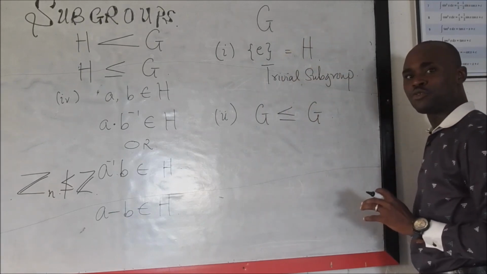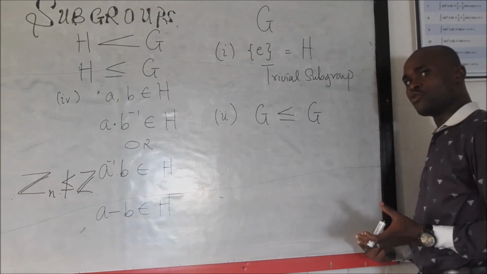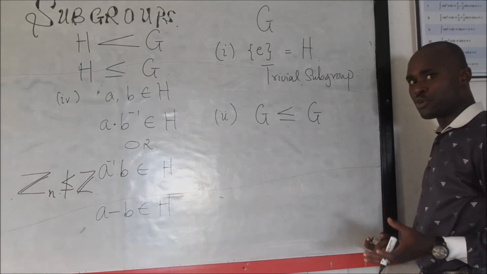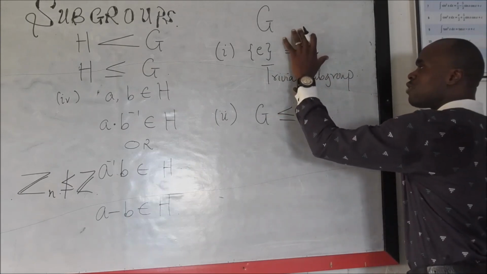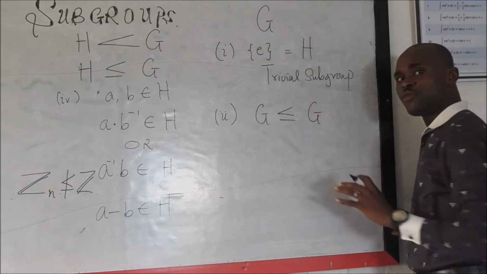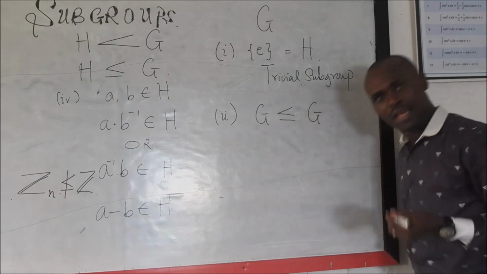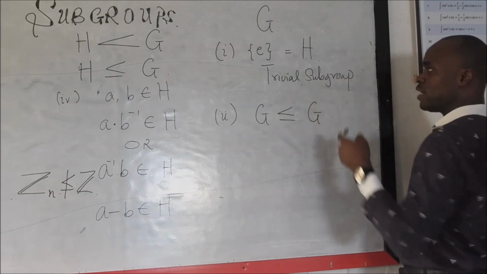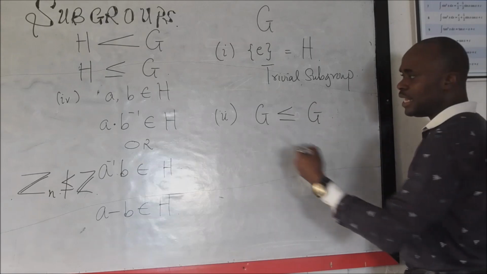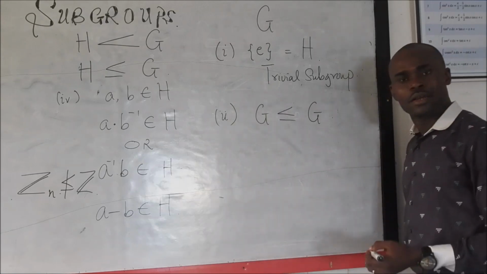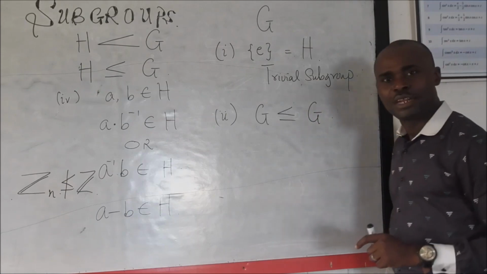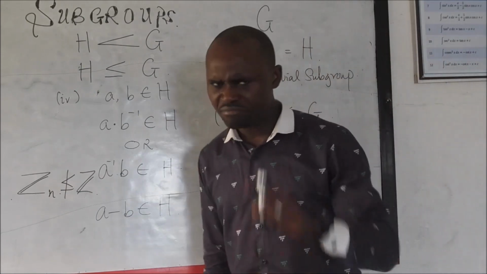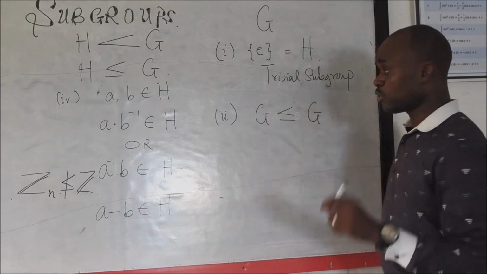But those are not the only two subgroups. In some cases, they may be the only two subgroups. In those cases, we call them simple groups. But I don't want to go into that now. But the case whereby you have this and you have this, all you need to do is find any other subgroup. If you have the trivial subgroup and the group itself, then you can have any other subset that forms a subgroup. But take note that a subgroup is also a group. Very interesting property. It's also a group.